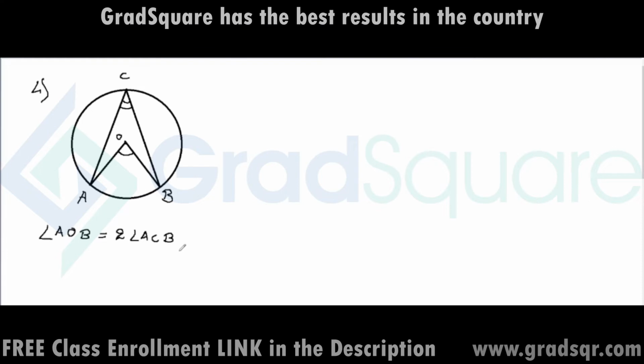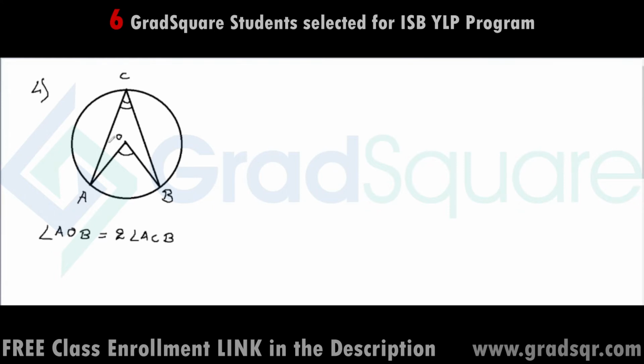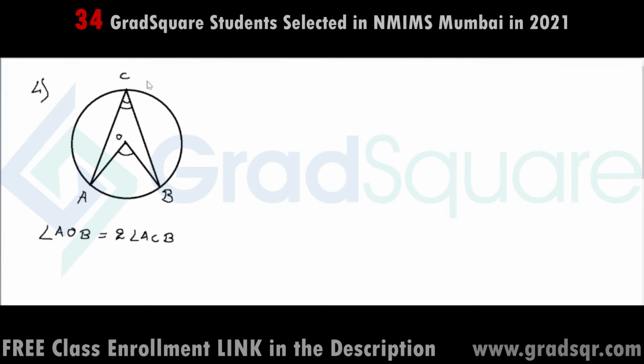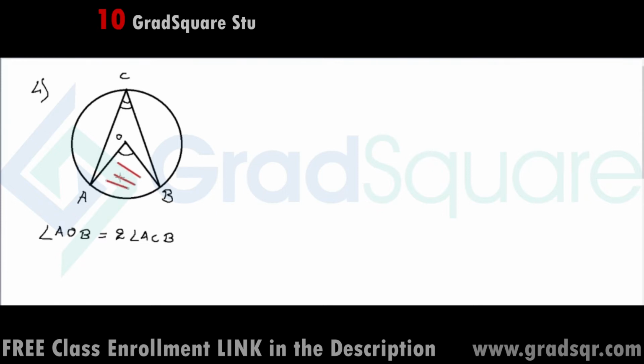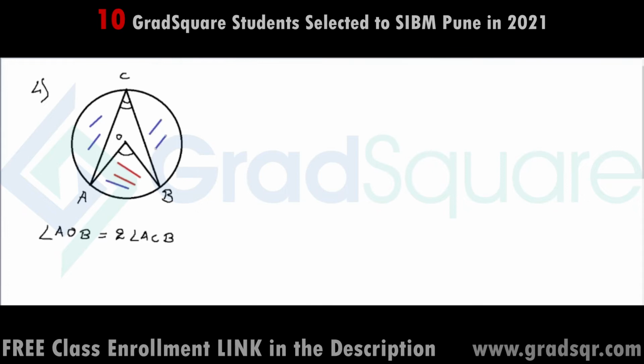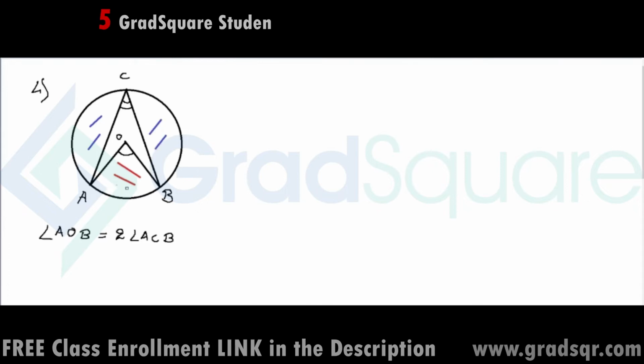The primary thing that we have to be very careful about while we are applying this theorem number 4 is that we have to make sure the angle at the center and angle at the circumference are present in different sectors of the circle. So what I mean is, if I look at the circle now, there is one sector here which is this sector, and there's a second sector which is this sector. So it's a red sector and there's a blue sector.